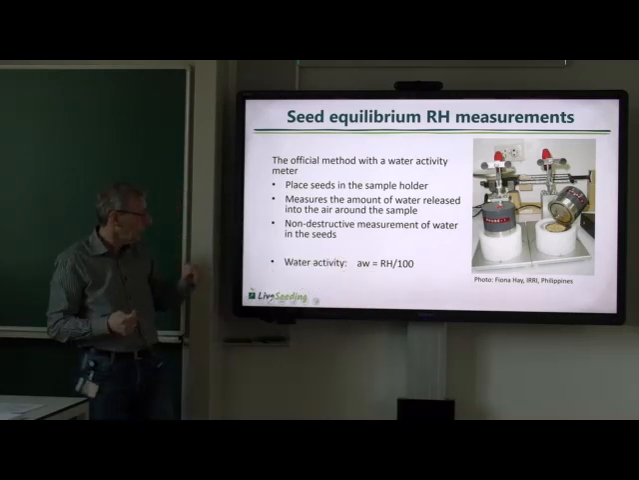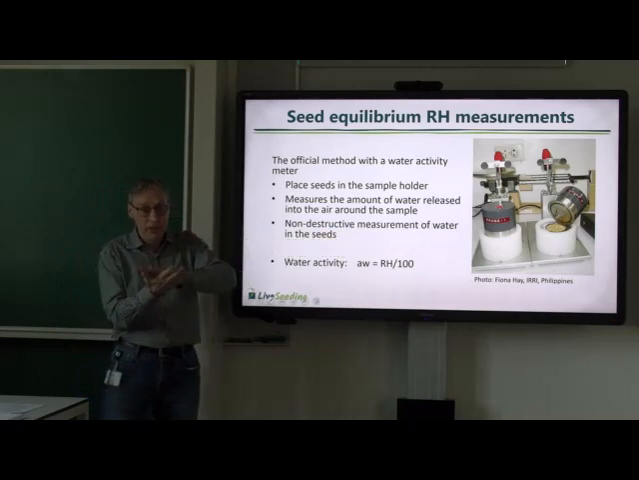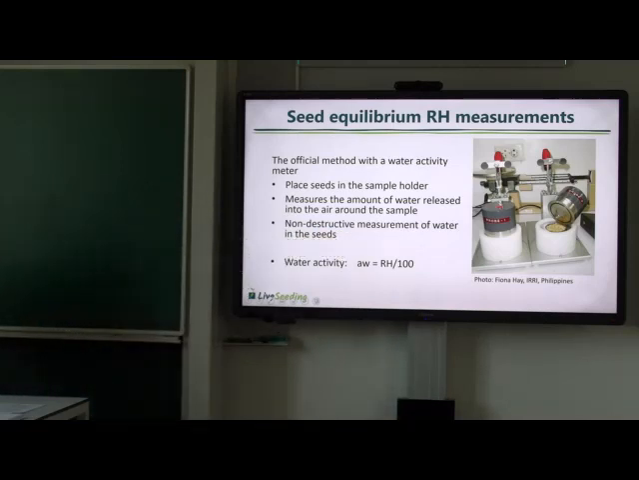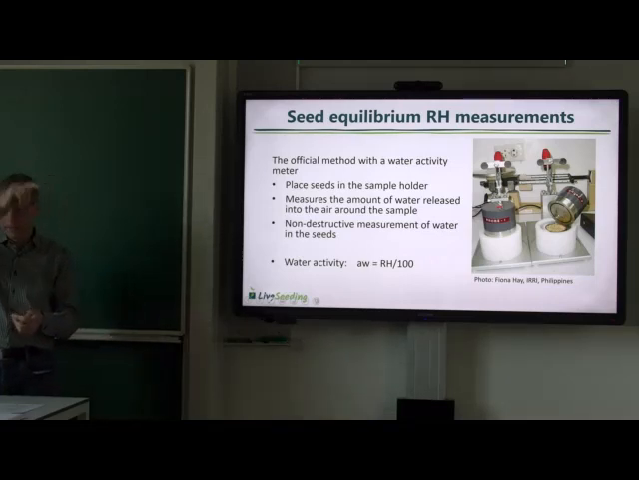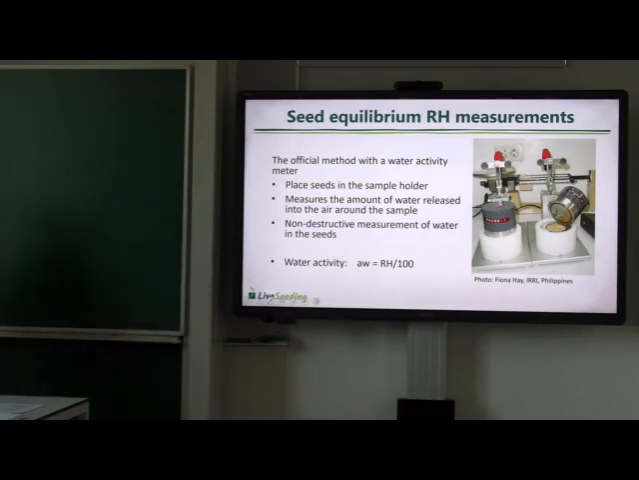Yeah. And this is non-destructive, so you measure the relative humidity of your seeds. And if you want to know the moisture content, you can make a calibration curve. Then you say, okay, if the relative humidity is 60%, then the moisture content is 40, because you have made that line before. And it's faster than doing a moisture content determination, which we will also start